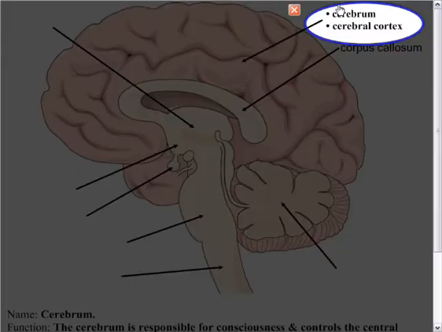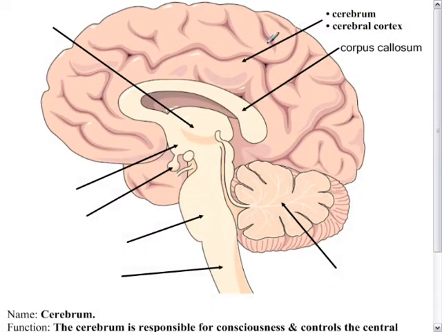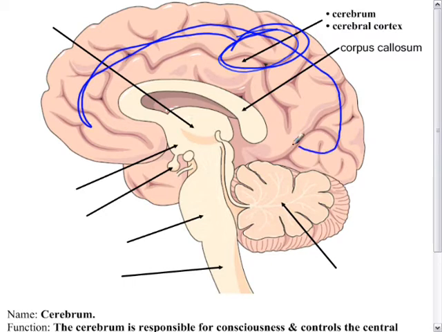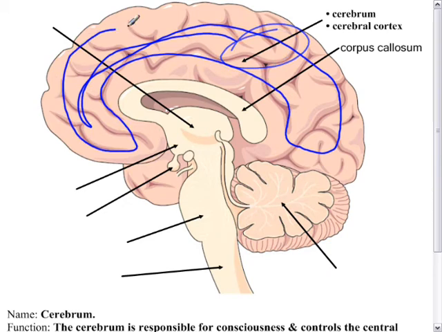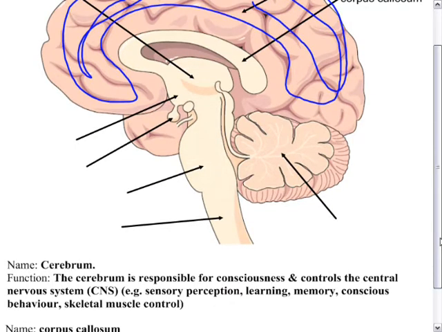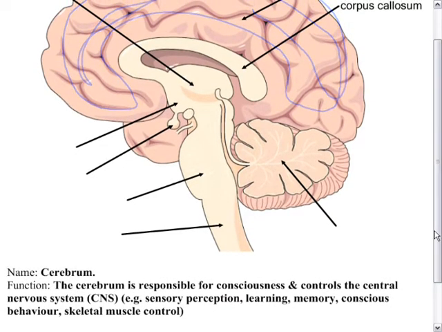The cerebral cortex is located in the cerebrum. The cerebrum is, as it is pointing to, this entire region of the brain. We can't just say it's here, it's actually all over. It's the part of the brain that we think of as the brain, the wrinkly portion on the outside that gives us our consciousness. It's called the cerebrum. The cerebrum is responsible for consciousness and controls the central nervous system. So we have sensory perception,